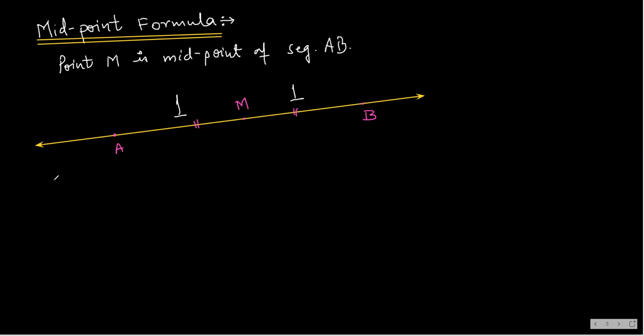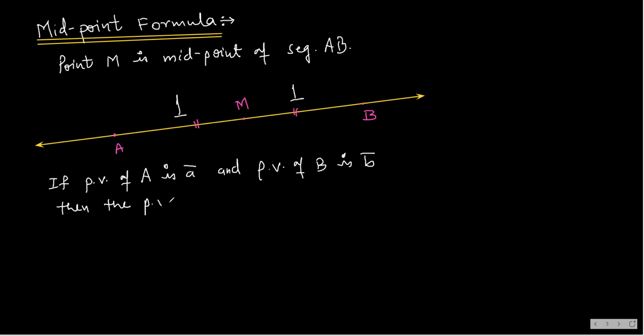Okay. Now, if the position vector of A is A bar and the position vector of B is B bar, then the position vector of point M bar can be given as follows. You can apply the